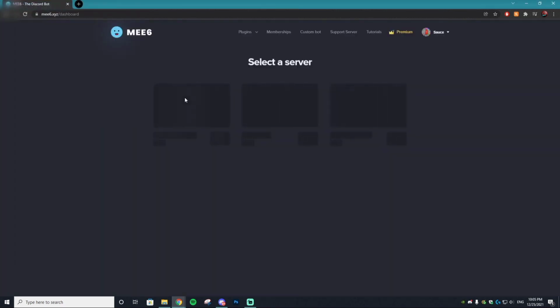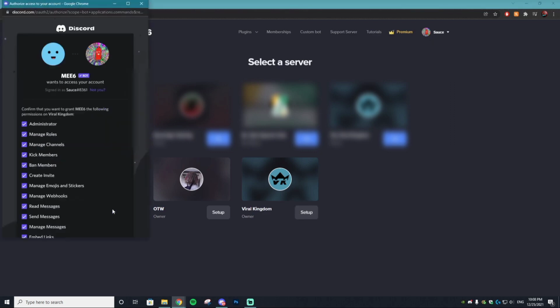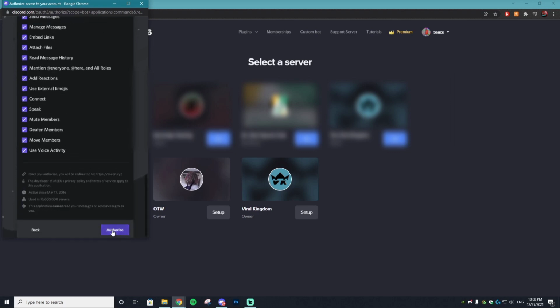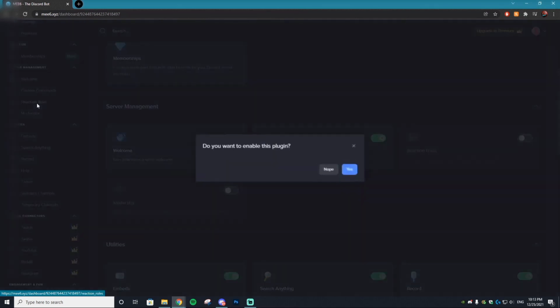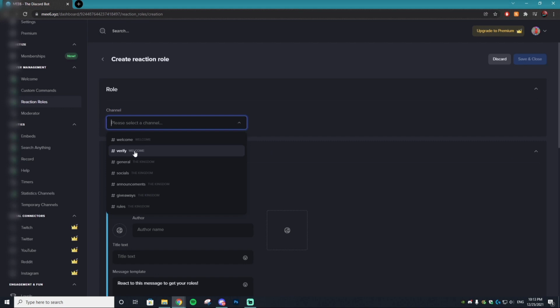This may take time. ME6 website can be a little slow at times, but we're just going to hit setup, then continue, and then check the administrator box. If you have any problems loading anything, simply refresh the page and it should work. Go to the reaction rules right here and then just hit enable. Then you're going to add a new reaction rule and you're going to select the verified channel that you created,